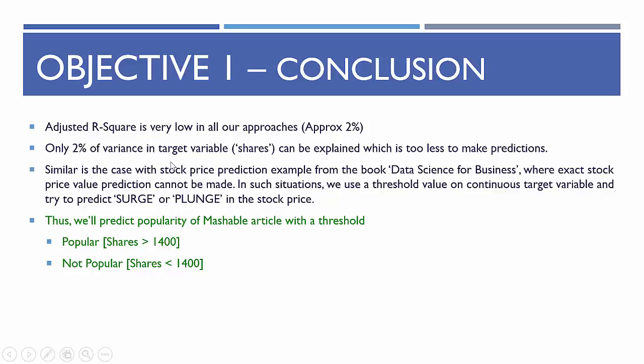You can see the MSE values are very high here, and the adjusted R square was very low, which means only 2% of the variance in the target variable, shares, can be explained by our predictor variables. This case is similar to the stock price prediction example from the book, where exact stock price value prediction cannot be made, and in such situations we usually go ahead with a threshold value on the continuous target variable and try to predict a binary categorical variable as the target. So we'll be predicting our popularity variable, for which we have considered the threshold of number of shares as